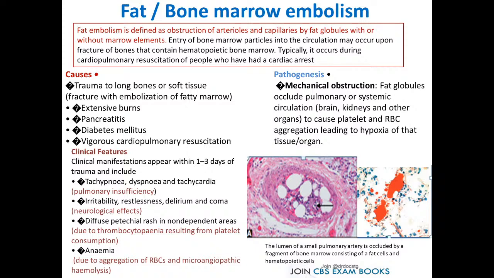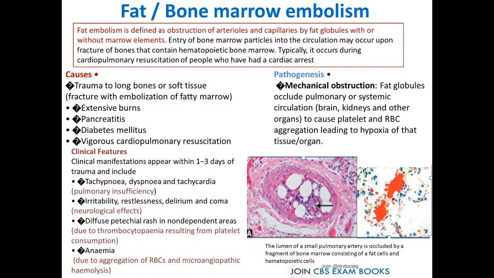Typically, it occurs during cardiopulmonary resuscitation of people who have had a cardiac arrest. Causes: trauma to lung, bone or soft tissue, fracture with embolization of fatty marrow, extensive burns, pancreatitis, diabetes mellitus, vigorous